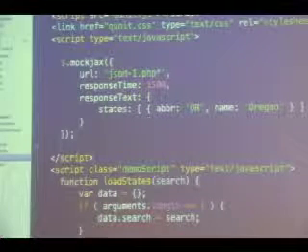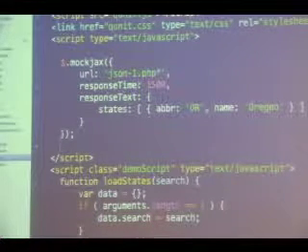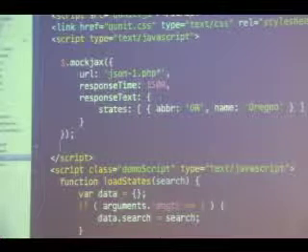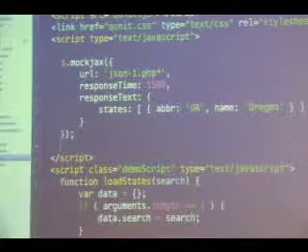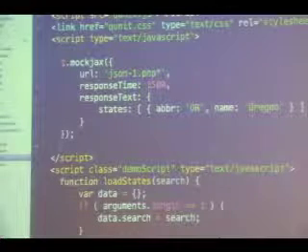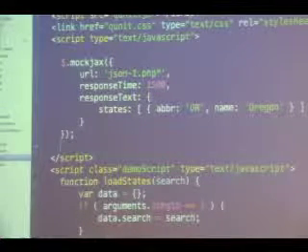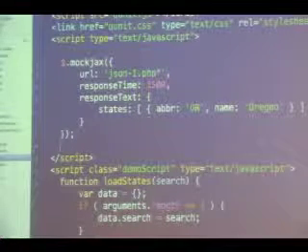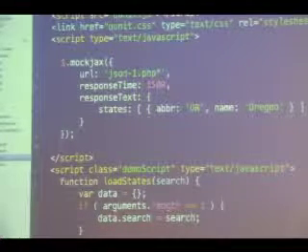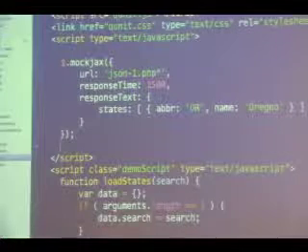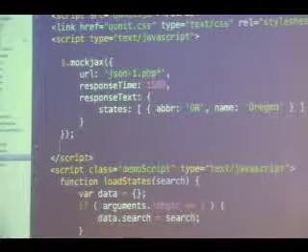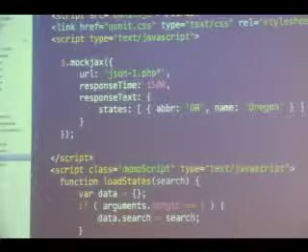So since our URL is json-1.php, and I threw a star character on the end, so anything that begins with that, I'm going to have a response time of 1.5 seconds. And the response text, I'm just going to provide an object literal. So I have JSON coming back here. I'm going to set the response text, which is the actual XMLHttpRequest object response that comes. It will then have a list of states, just Oregon, because that's the only state.